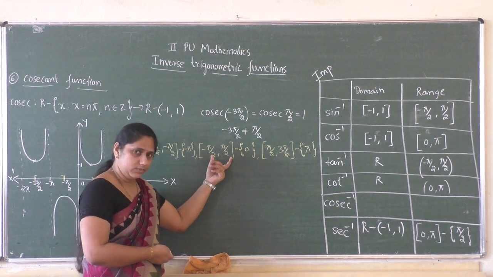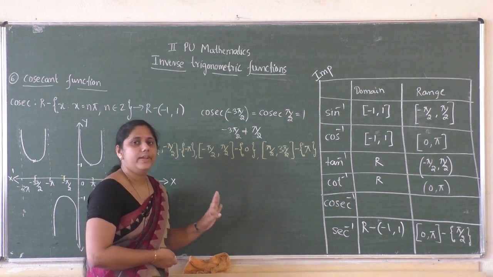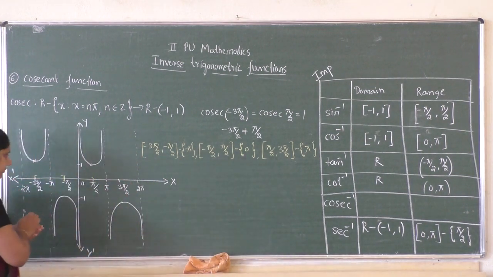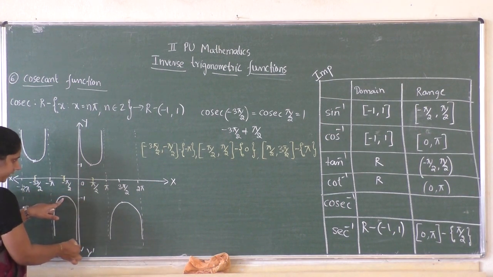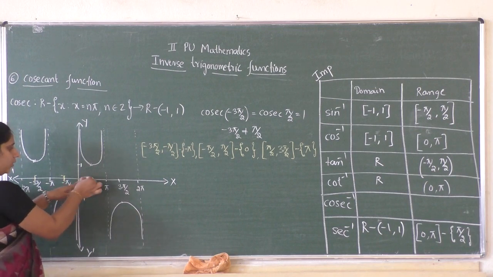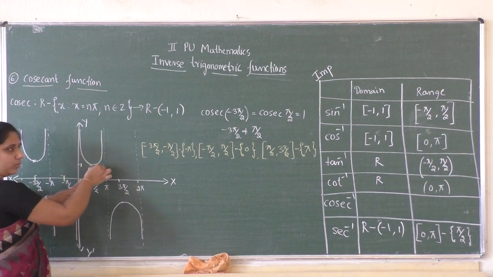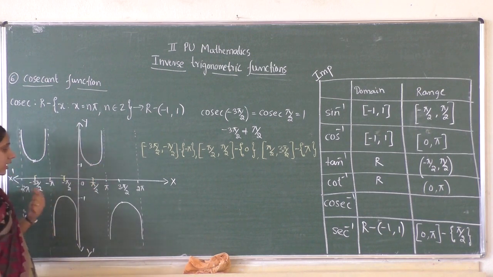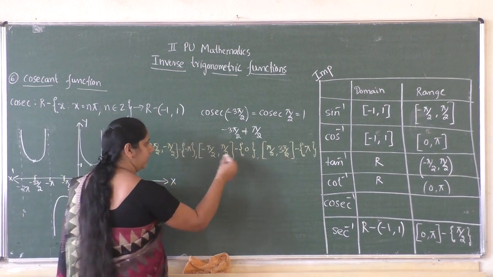So if I divide the domain of cosec into such intervals and restrict the domain of cosec to one of the intervals, then the function is both 1-1 and onto, hence we can find the cosec inverse. See, in this interval from minus pi by 2 to 0, the graph gradually decreases from minus 1 to minus infinity, whereas from 0 to pi by 2, the graph gradually decreases from infinity to 1. So there is no repetition in the values. So the function is 1-1.